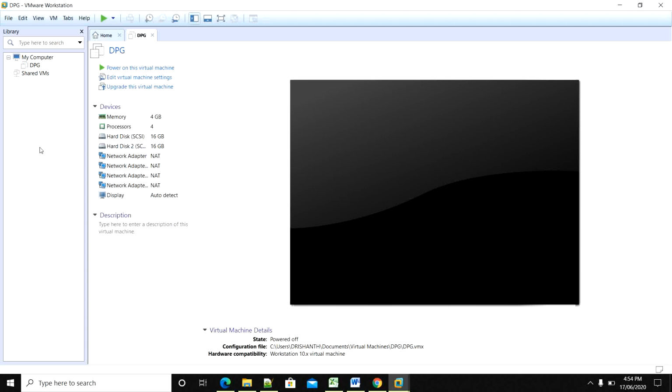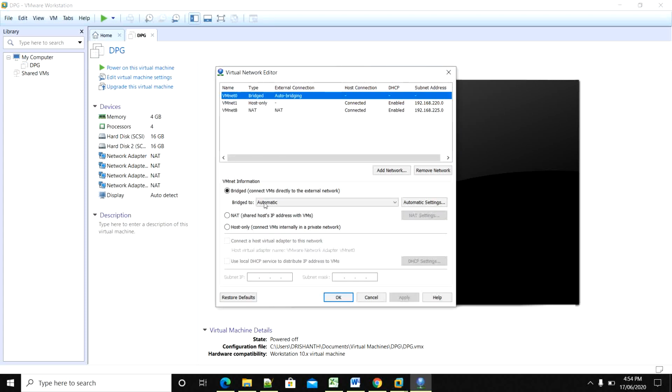Prior to importing the DataPower OVF file, first we need to make some changes in the configuration. So what is the configuration? We'll go to Edit, and then Virtual Network Editor. Here we need to configure VMnet1.